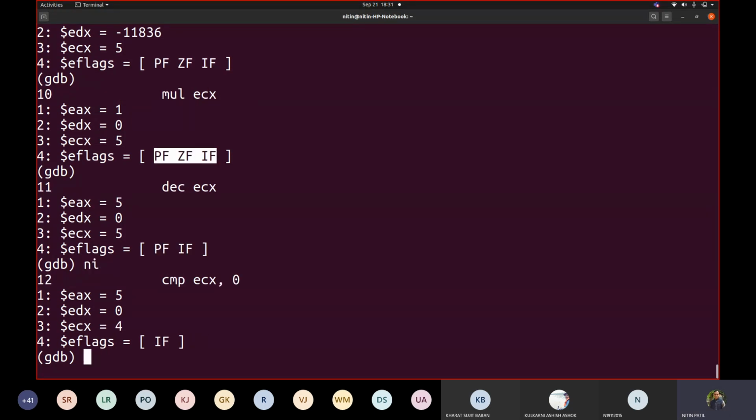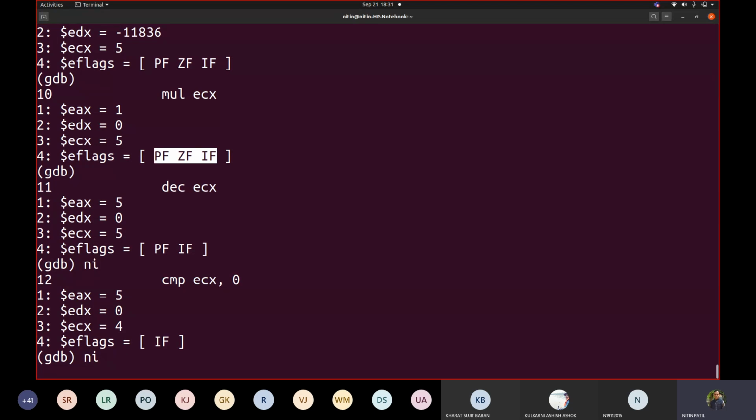Next, as it is not 0, this 0 flag was removed. Now it is comparing with 0. It is checking whether the zero flag is set. Now when we are comparing this with ECX, the parity flag also got reset. Compare also will make a change in the flags, because we already saw that.